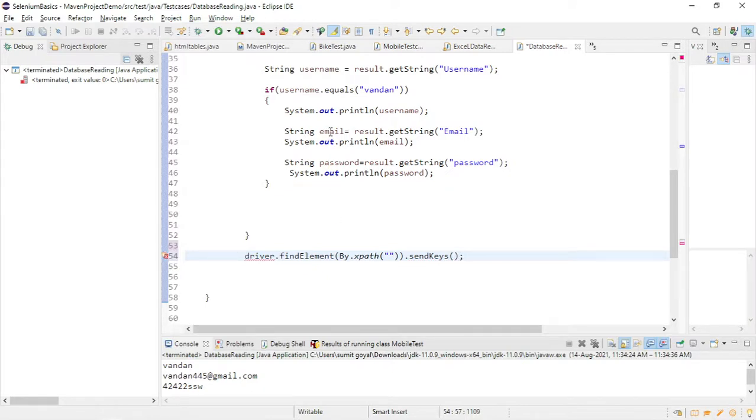So if I want to send the email to a text box, I will copy this variable and paste it here, to this sendKeys. So now this time, this email I'm getting from the database. So this is how you can fetch all the data from the database and put it in some dummy form. You can try later.